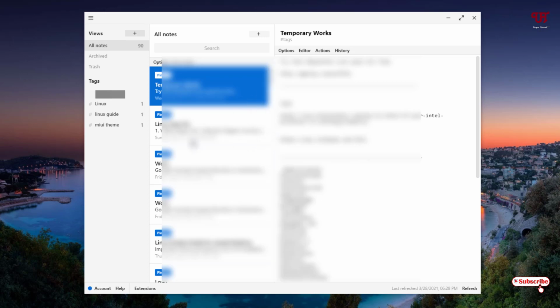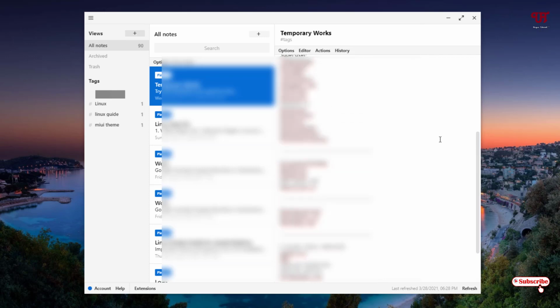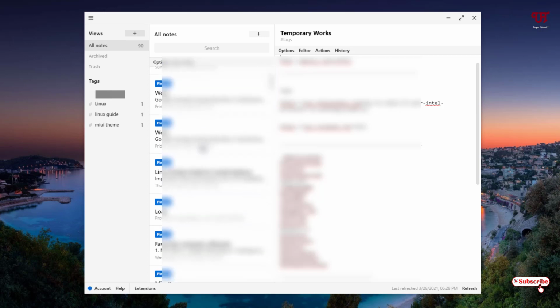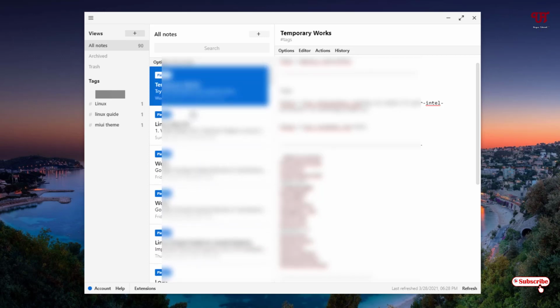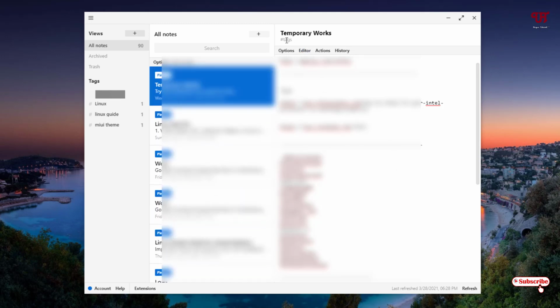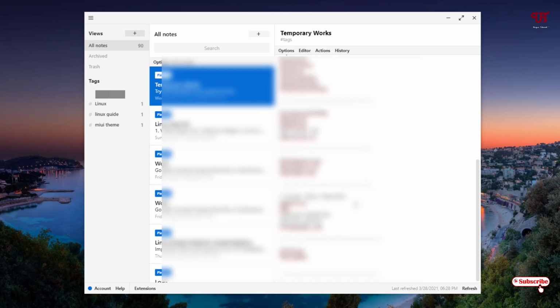So it's a very minimalistic design. You can see on the right side it will display the complete page, and in the middle you will see a section-wise list. If you have created various notes, it will show you section-wise. Even you can create a tag. Here, just below the title of the note, you can add a tag for easy finding. It's very minimalistic, but the sad part here is that you can't add any media